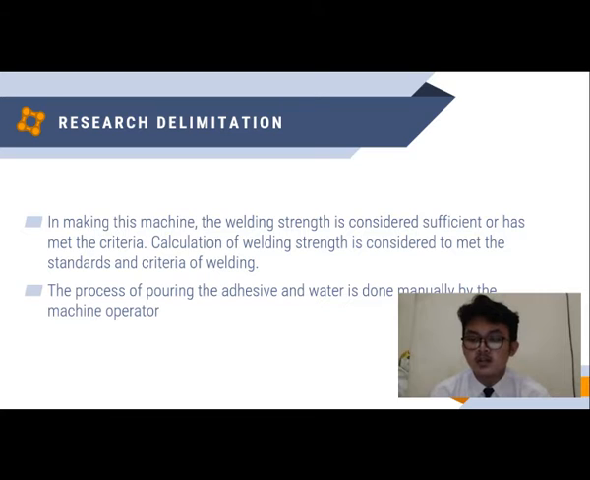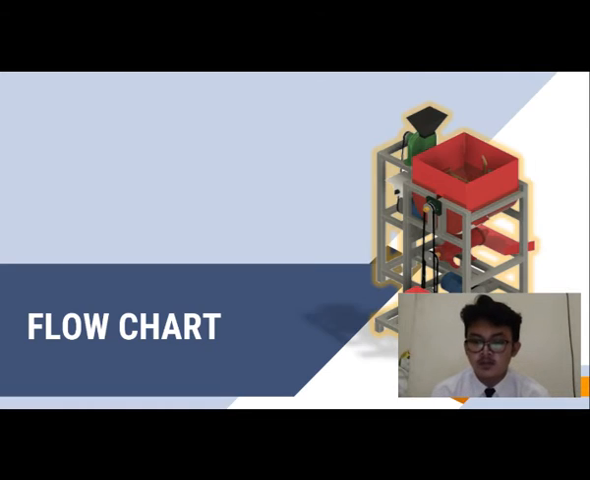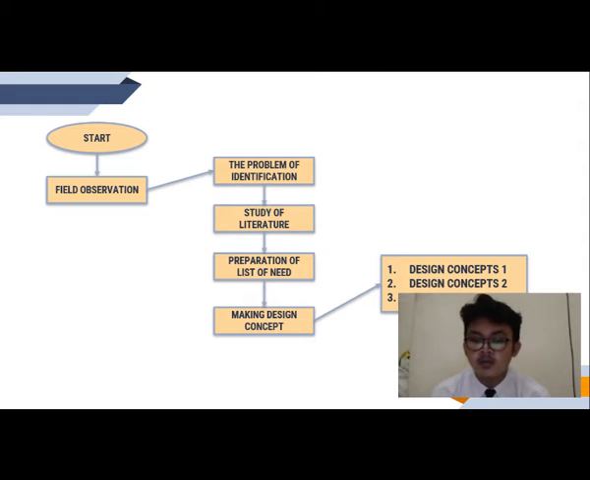The next one is the research flow chart. The research flow is as shown on the slide. This flow chart contains the stages of the implementation of this research: field observation, problem identification, study of literature, preparation of list of needs, making design concept,